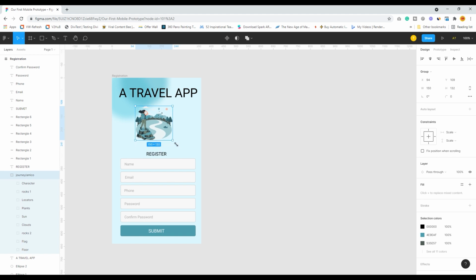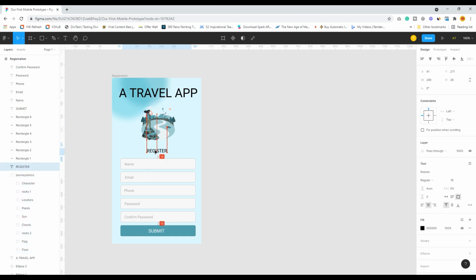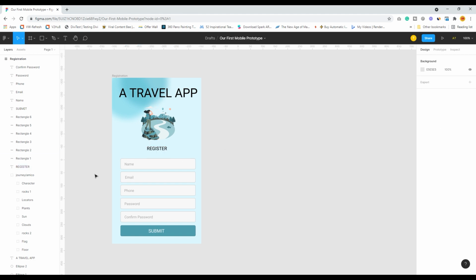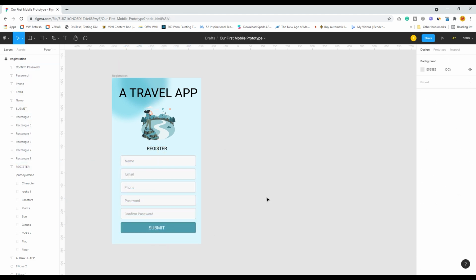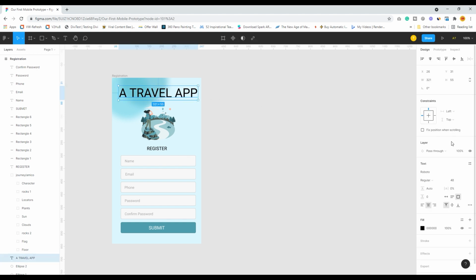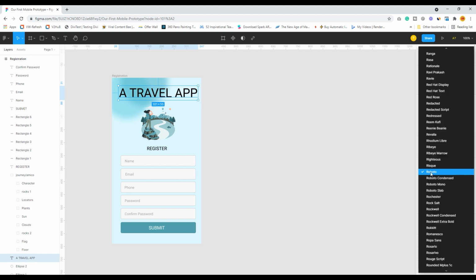Even reduce this thing a bit smaller. Lovely. So my first travel app screen is ready.